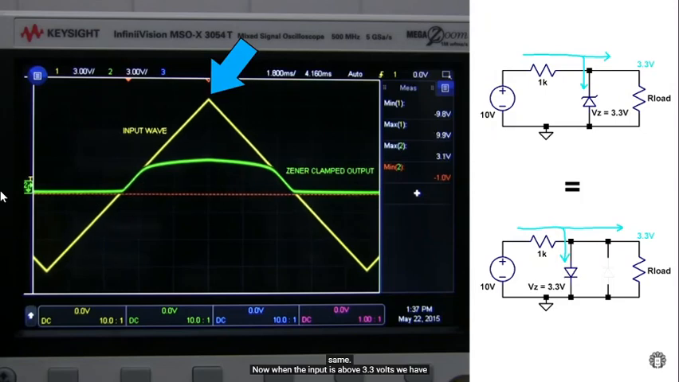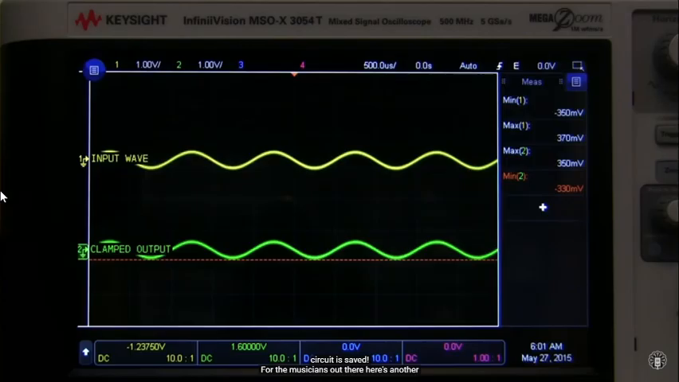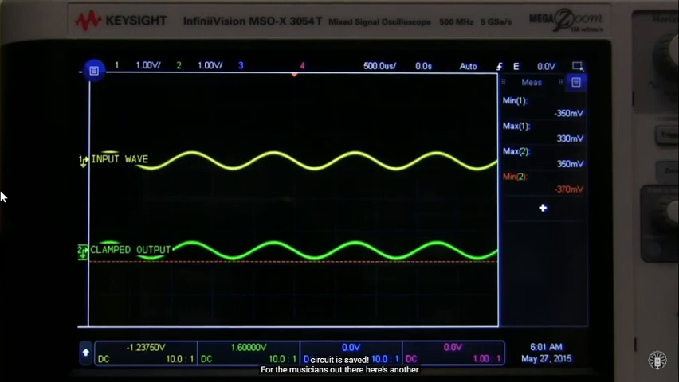Now when the input is above 3.3 volts, we have enough voltage to fully reverse bias the Zener diode. Current flows through the Zener in this direction, and some current also flows to the output. Since the Zener voltage drop is 3.3 volts, the output voltage gets limited to 3.3 volts, and our voltage-sensitive circuit is saved. For the musicians out there, here's another example with an input sine wave that's between plus and minus